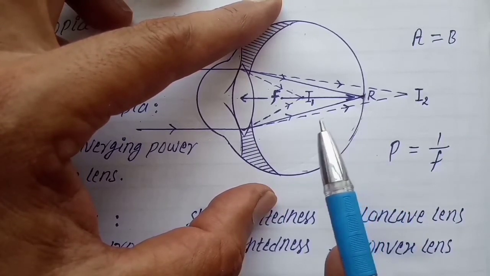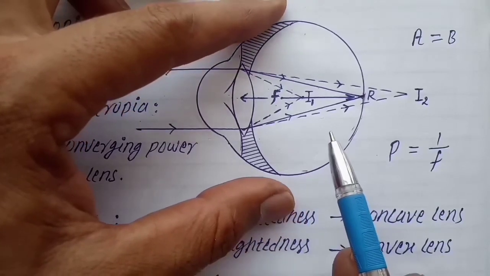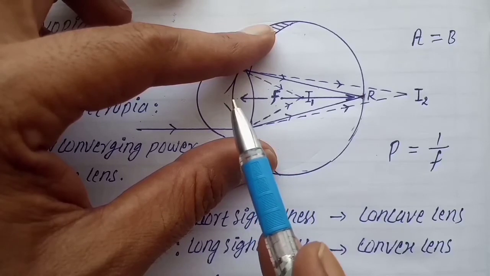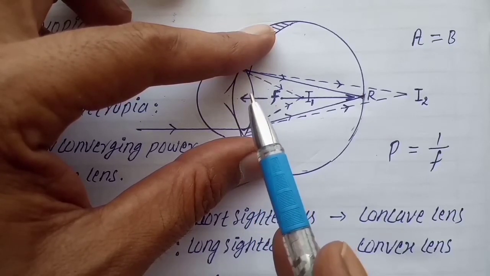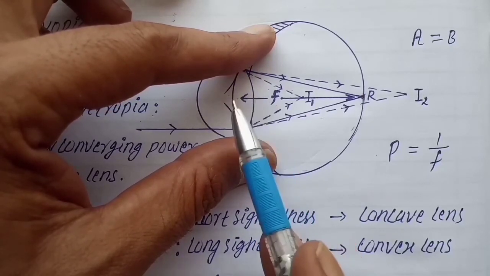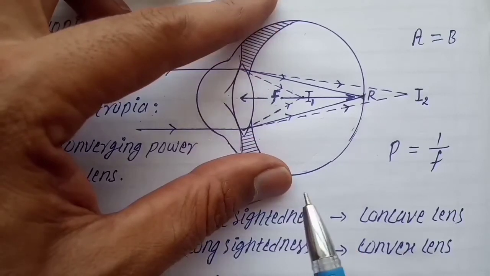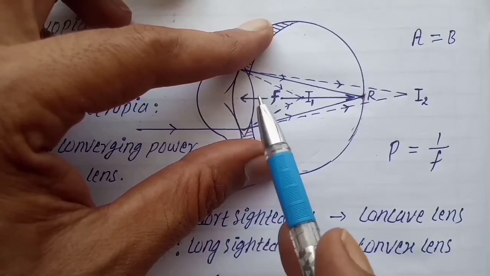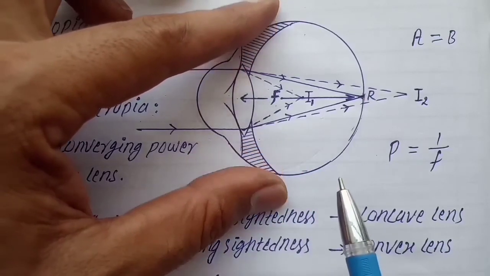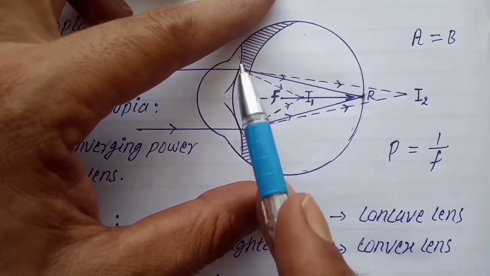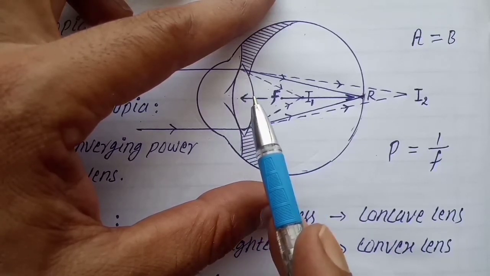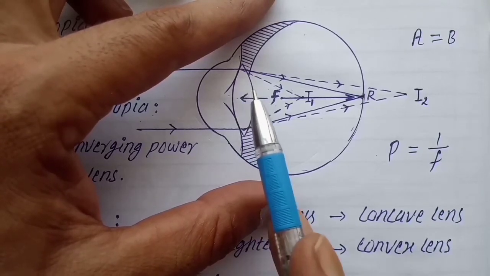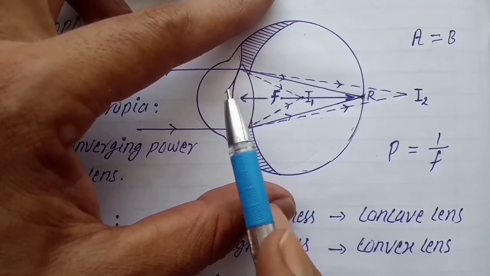Now we consider an opposite case here. When the ciliary muscle contract, the size of lens decreases, but the thickness of the lens increases, and thickness is curvature of the lens. So when the ciliary muscle contract, the size of lens decreases but curvature increases, and when the ciliary muscle expand, size of lens increases but thickness decreases, means curvature decreases. So here we can also recognize the defect on the basis of curvature of eye lens.